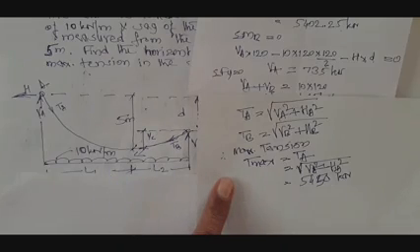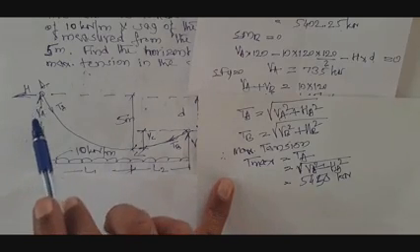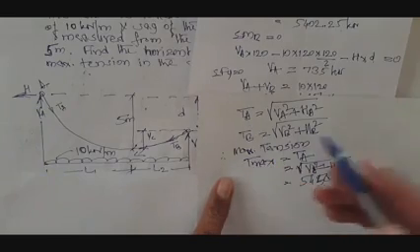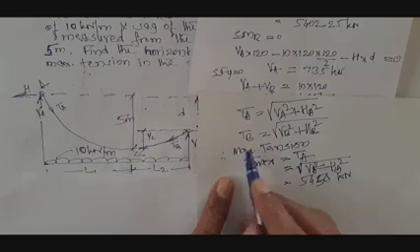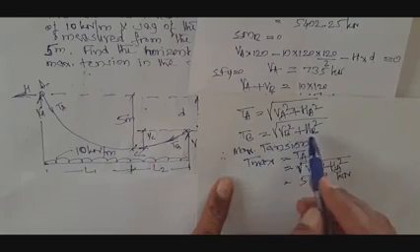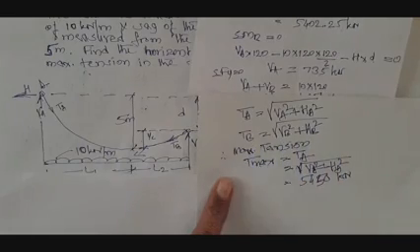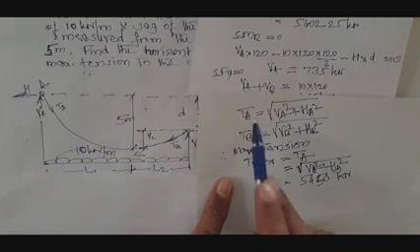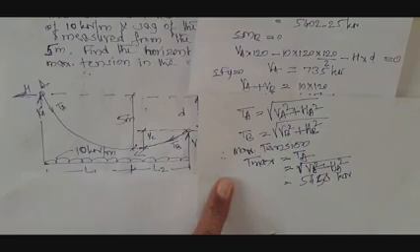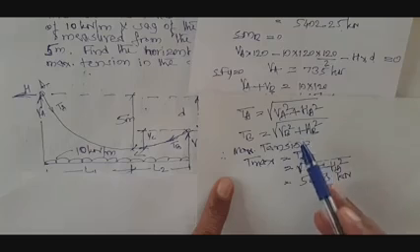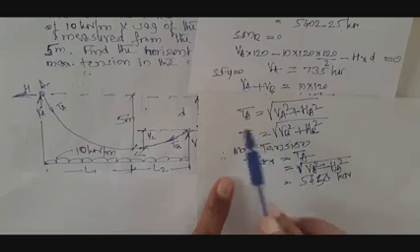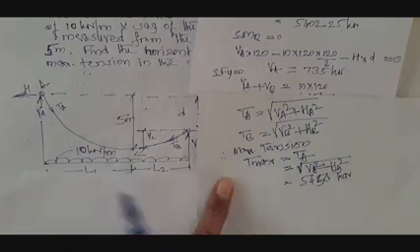Sometimes he may not ask T maximum, he may ask what is the tension in the cable at A and B. In that case, you calculate TA using the same equation. Then you calculate TB, that is equals to root of VB square plus HB square. Just substitute the values of VB and HB, you will get the value of TB. But in the present case, he has asked the maximum value of tension. Therefore, among TA and TB, you find which is maximum based on whether VA is greater or VB is greater. In this case, VA is greater, hence maximum tension will be at support A. Therefore, T maximum works out as 5450 kilonewton.